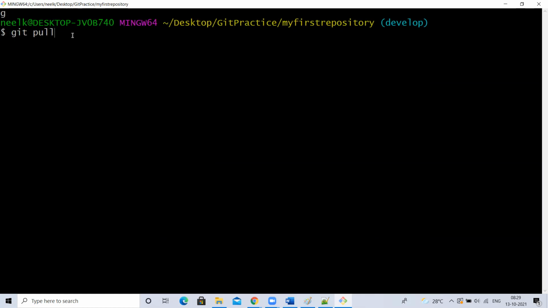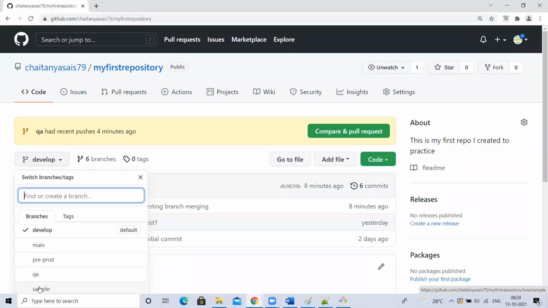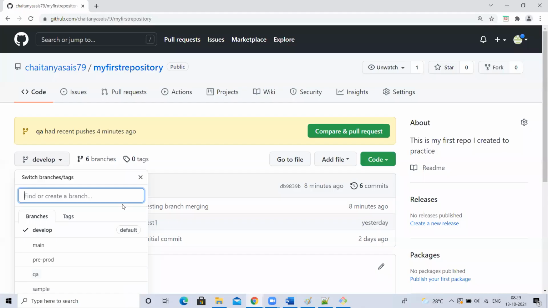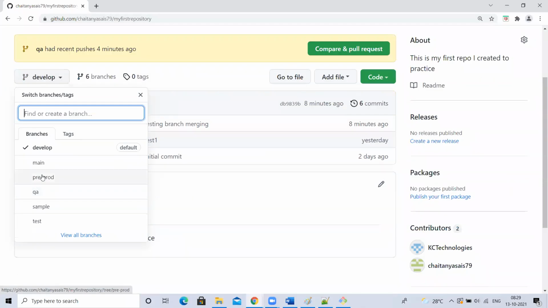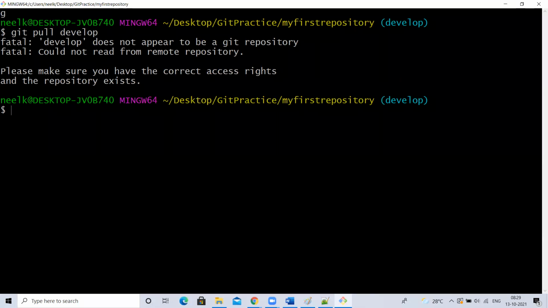If I use pull, and there are any latest changes made into any one of the branches, or multiple branches, everything will be pulled. All the changes from all the branches will be pulled. But if you only use develop and there are latest commits made into the development branch, only the development branch changes will be pulled. If you use git pull, all the branches will be pulled. Understood?